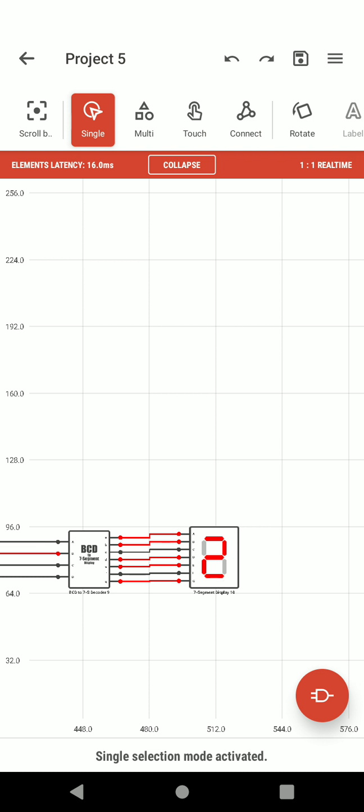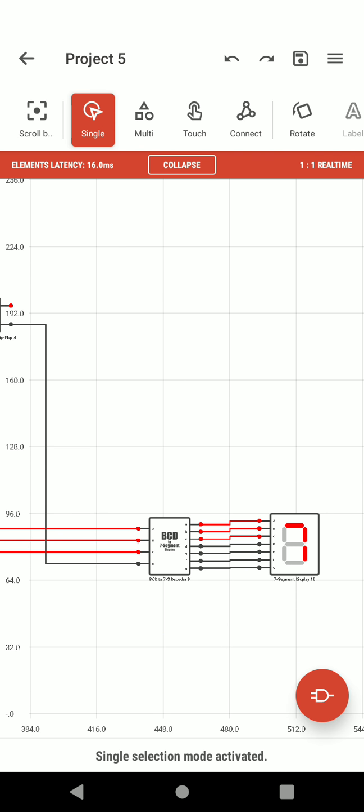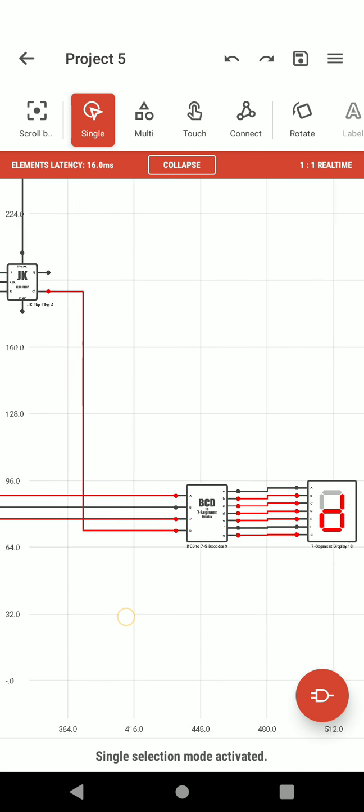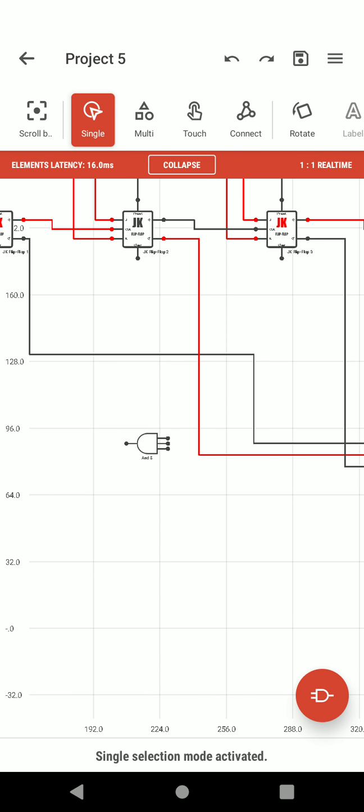So this is the thing: 0, 1, 2, 3, 4, 5, 6, 7, 8, 9, A, B, C, D, E, F. Here, if we observe, we are getting till F, but in order to construct a decade counter, that means we need to get only until 9. So in order to get only until 9, we have to give connections to this AND gate. This is the importance of the AND gate. Here the AND gate eradicates those values, so it stops at 9.